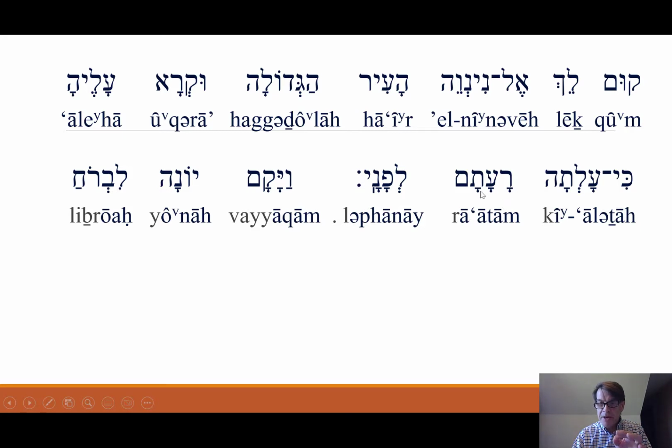Three kamatz, wherever you are. So we've got resh, R, long A, ayin, long A, tav, long A, mem. Tav doesn't have a dagesh in it, so no line under it. Ra'atam. And then here we have the final word of verse 2,